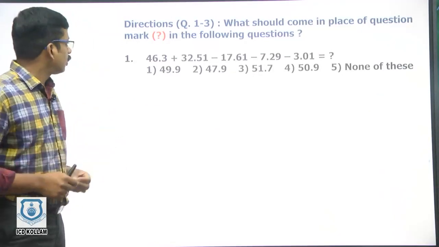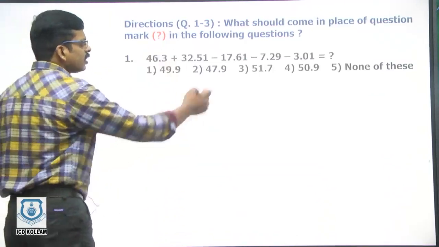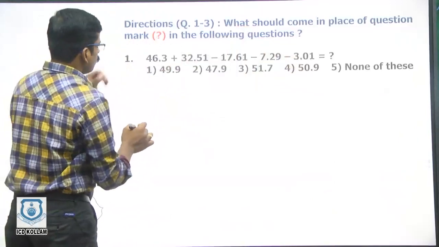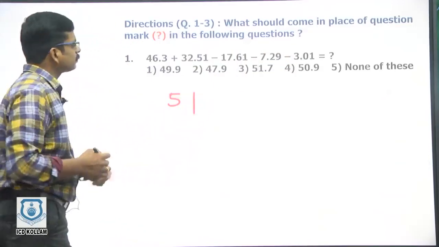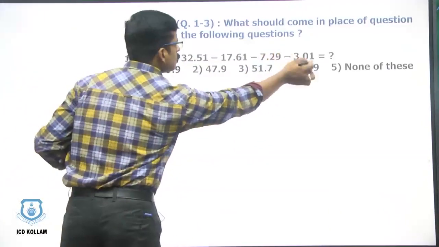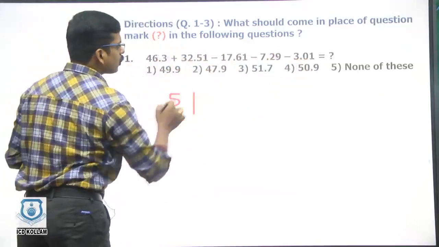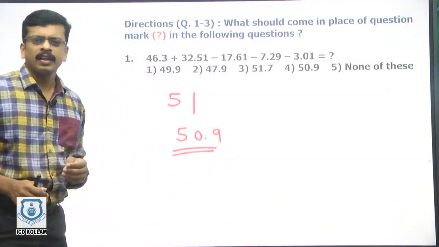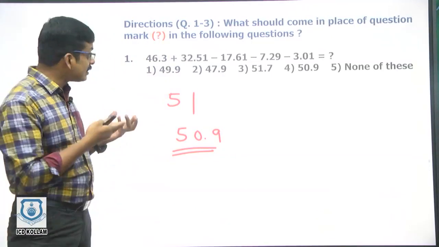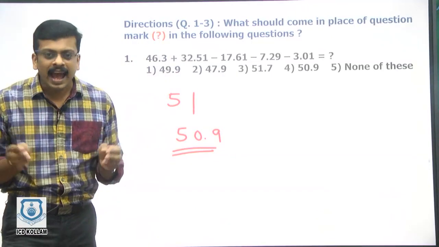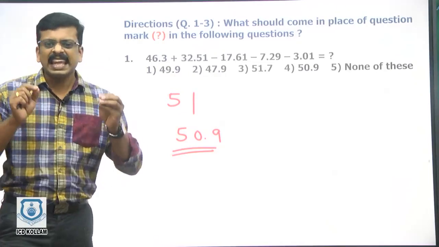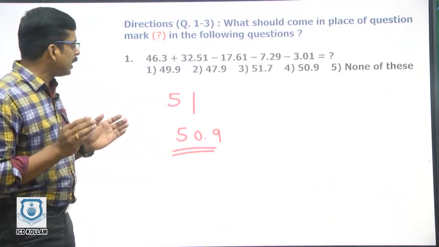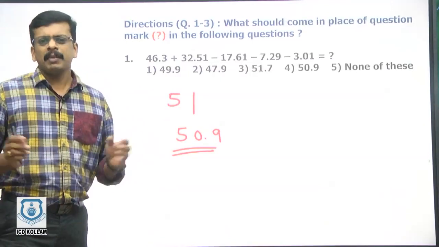Question number 1. Here 17 plus 3, 20, 27, 5, 51 first number. This cancel and minus 0.1, so answer is 50.9. You may not understand how I did this, but you need at least the speed for easy success. Please listen, I am going to explain everything behind this calculation.